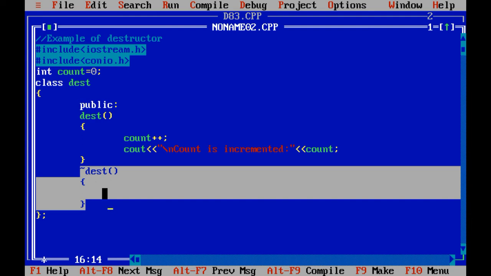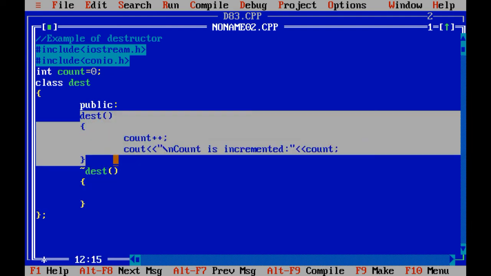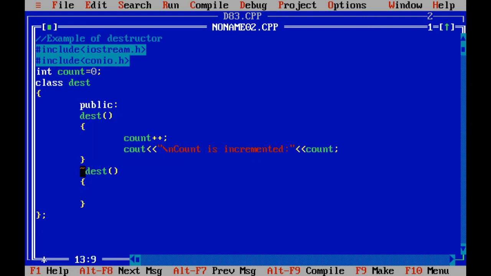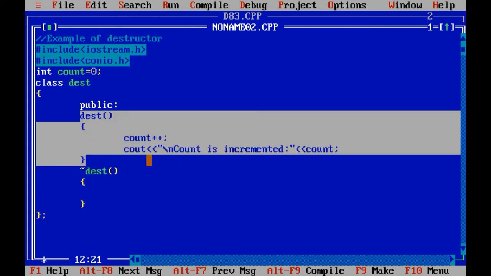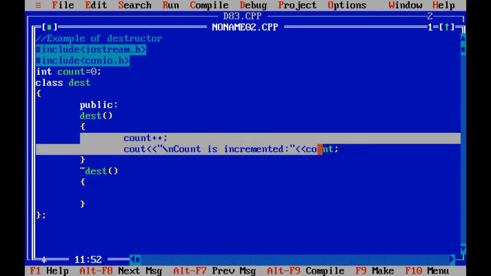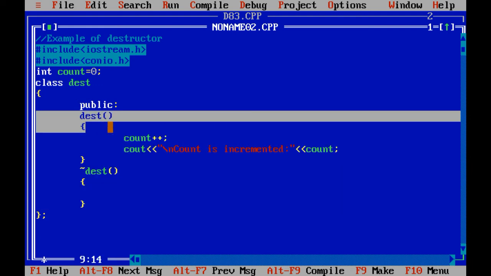What is the use of constructor? The first difference: constructor does not have any sign to declare, but the destructor has a tilde sign to declare the destructor. That is the first difference. What is the second difference? Constructor is used to initialize the value of class variables, whereas destructor is used to destroy the value of whatever variable was initialized by the constructor.